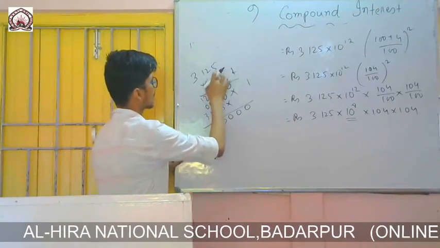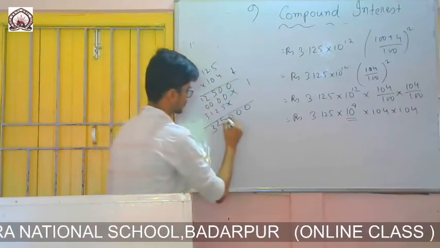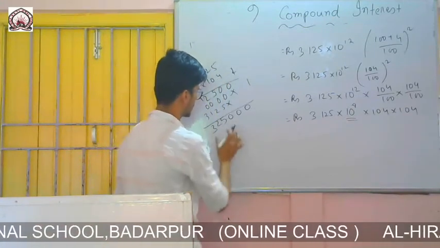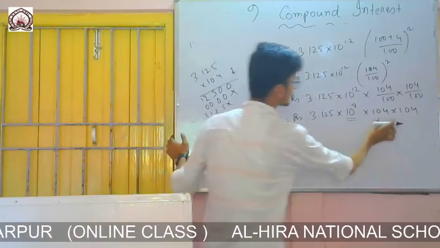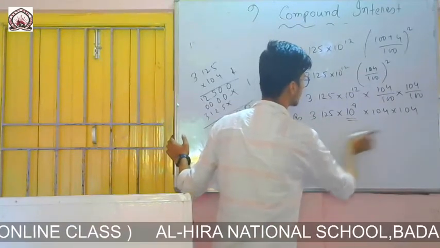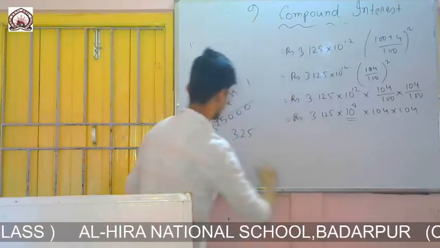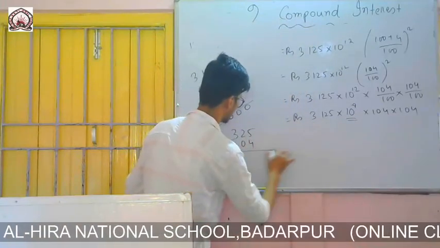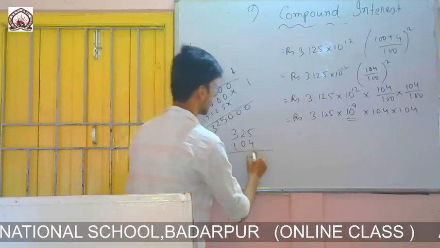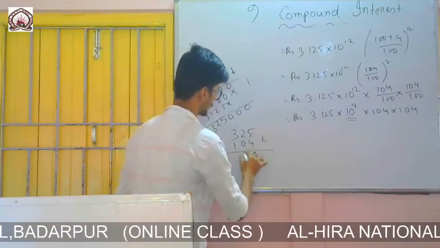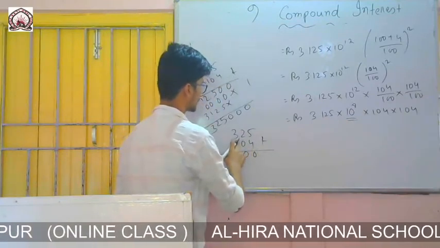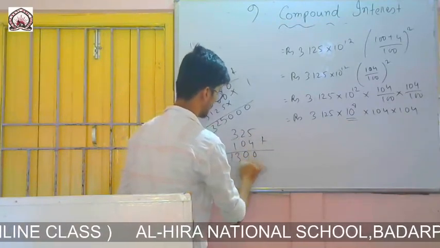But you see, after how many places is the decimal? 3 places. So the decimal will be here. That means they are left 325. So with 104 I have multiplied it. Another 104 left. So again I will multiply with 104. So 4 5s are 20, 0, 2 in my hand. 4 2s are 8, 9 10, 0, 1. 4 3s are 12 and 1, 13.